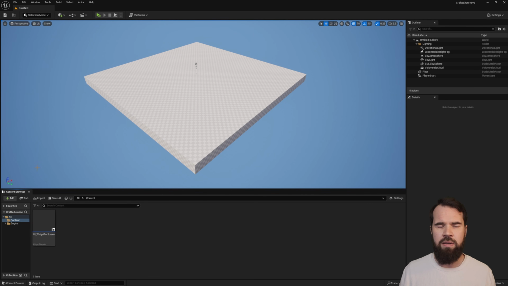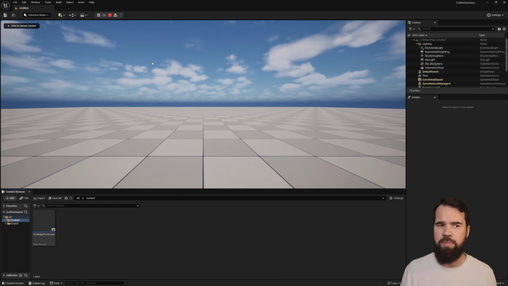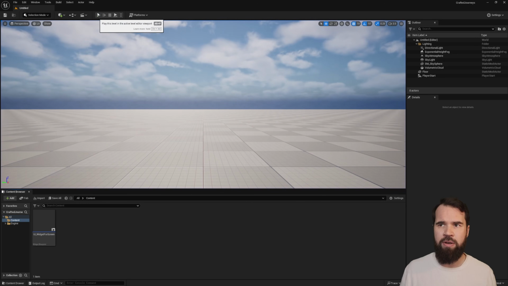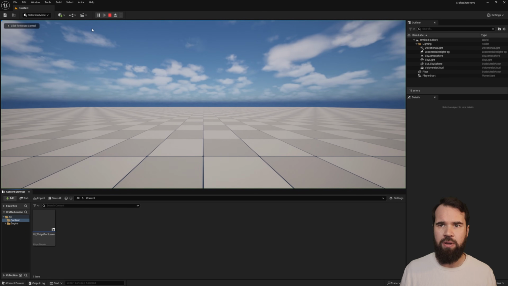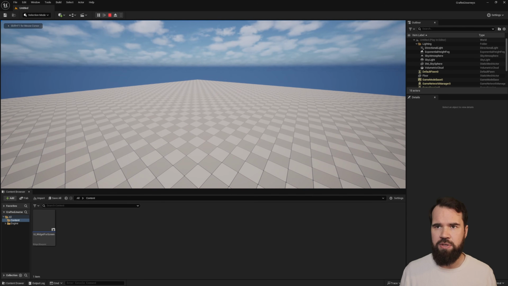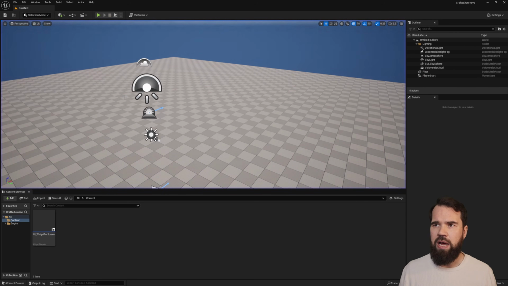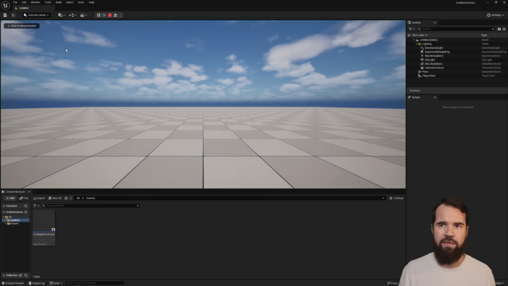So when we're testing UI in particular, normally you're going to have the game be played like this. When you press the play button, you're going to have what's called play in viewport. So we can kind of fly around. If you're using the default level, you can fly around here. But what you'll notice is that we don't have our UI on the screen right now because we still have